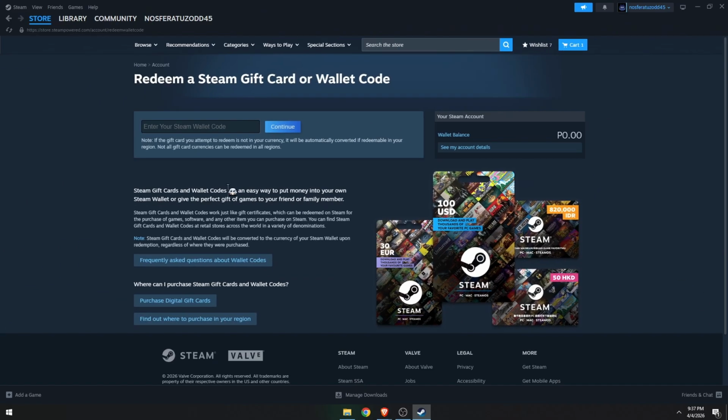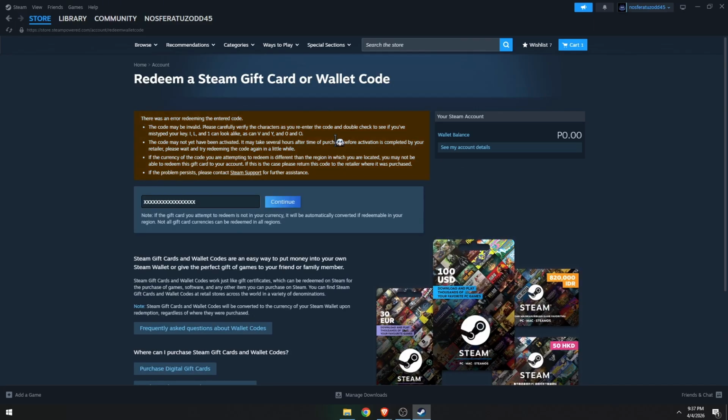Click on it, then enter your Steam wallet code. Usually it will just be 15 digits. So I want you to triple check and make sure you have carefully typed in every single digit accurately, or